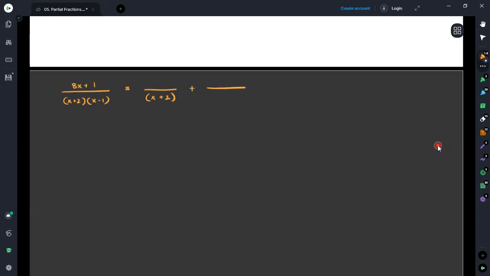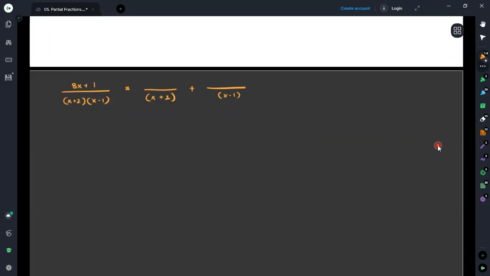There is no problem of using the addition, because if the sign is changing, then the coefficient values that we are obtaining will be changed accordingly as well. Then what we can see is x plus 2 and x minus 1. Those are the two factors that we can see. This is a linear factor, and this is also a linear factor.